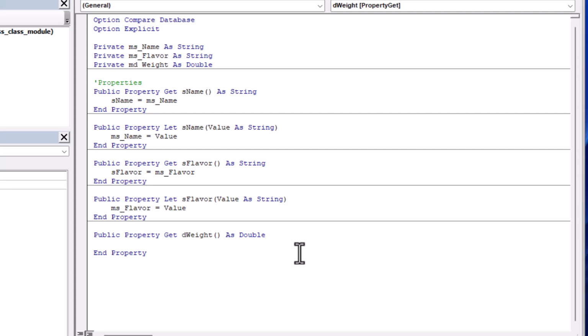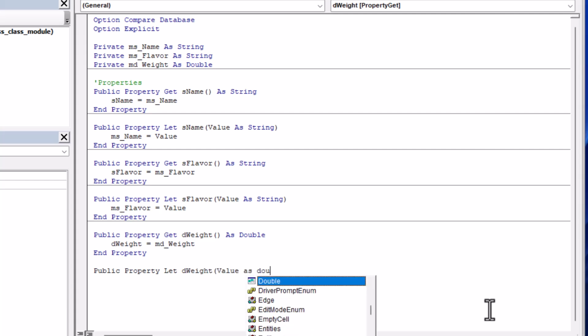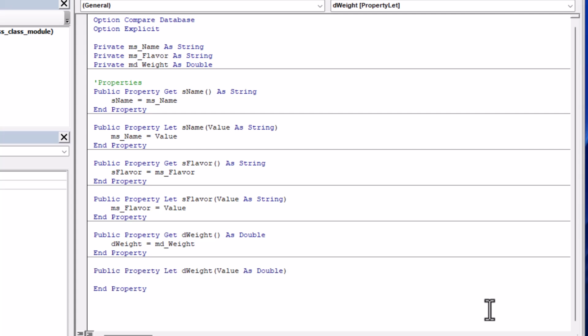So D weight, we can get the value of our weight from the object using this property, and then we can also set the value using the let property, and we'll do that now. So that allows us to basically populate the object, but the nice thing compared to our other module-based programming is that we can create any number of these once we have the class created. So we can have 182 parts, for example,